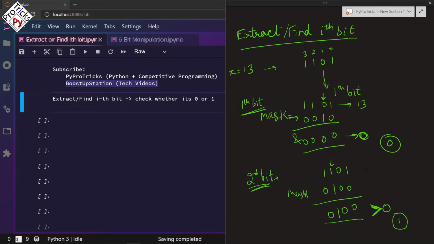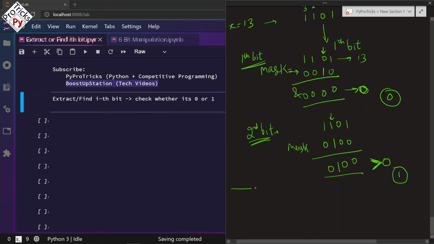But now the question arises, how do we get the mask? As you might know, if we shift 1 by i number of bits, what will it give us? Let us say i is equal to 2. The left shift operator adds i number of zeros on the right side of the 1.